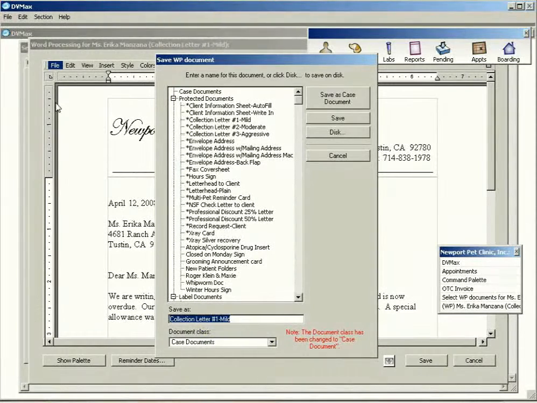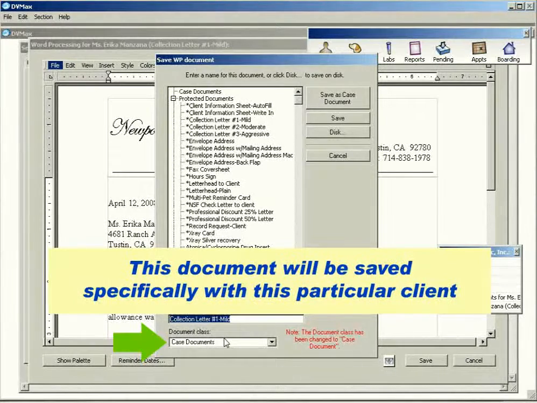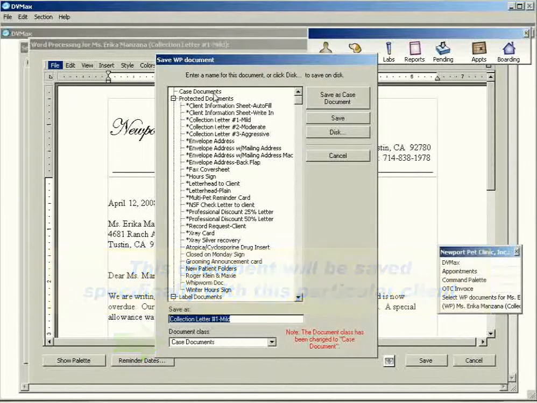DVMax provides a save screen which permits us to rename this document if we need to, or we could leave the name as it was, collection letter mild. It also has prepared this document for being saved as a case document. A case document means that this document, as it will be completed, will be saved specifically with this particular client. Right now there are no case documents that have been saved for this client. So in order to demonstrate, let's save this particular document as a case document by clicking the Save as Case